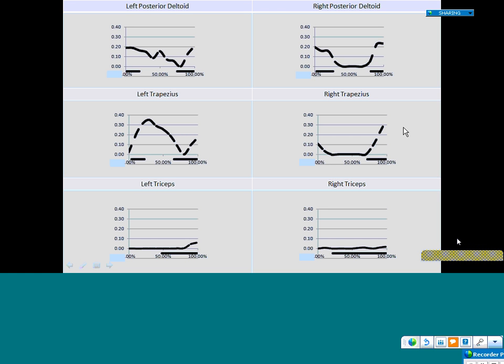So moving on, we have the left and the right trapezius. Remember, the right trapezius was what we looked at previously from the red and the blue graphs, and remember that it was on experimentally and computationally at the end of the propulsive stroke. So you can see that from the right trapezius graph. The left trapezius graph is,